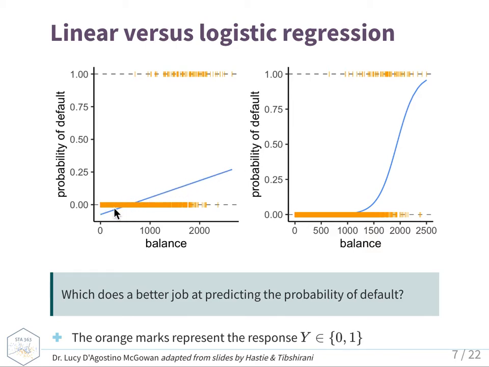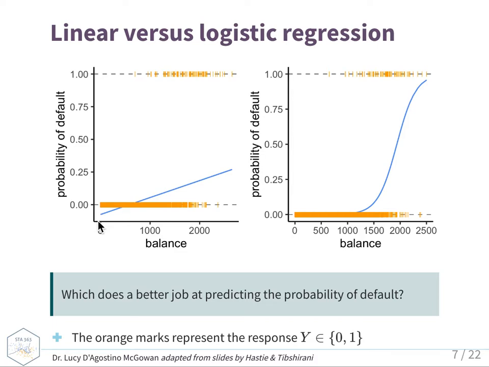And so that's going to help me predict, based on this balance, what the probability of default is. But you notice down here, with really low balances, I end up with probabilities less than 0. And as I mentioned, that doesn't make any sense. You can't have a probability less than 0. So this model is not so great because it predicts outside of the region that we know